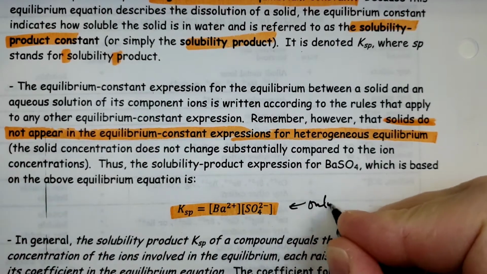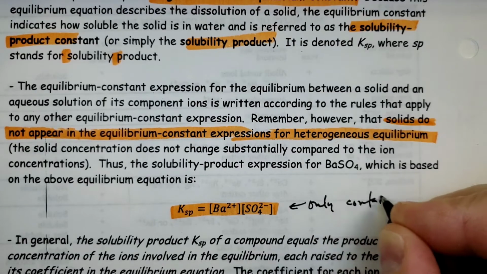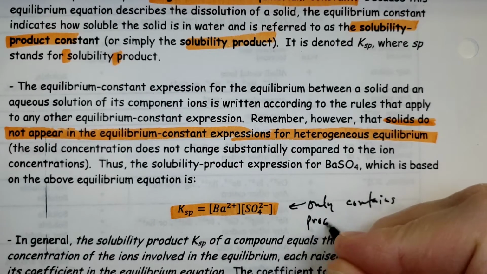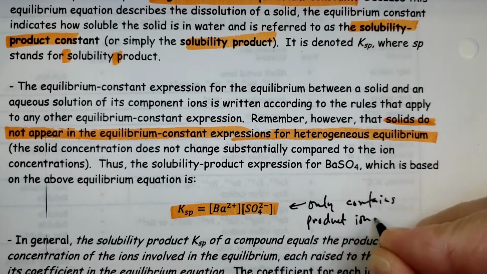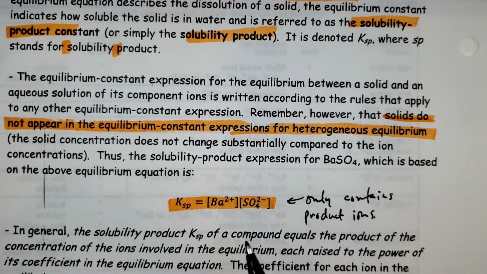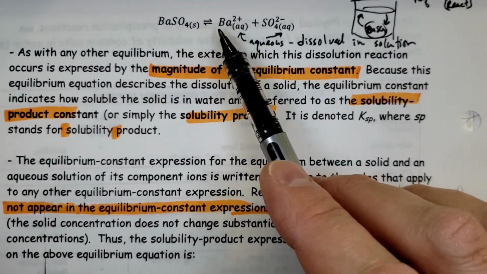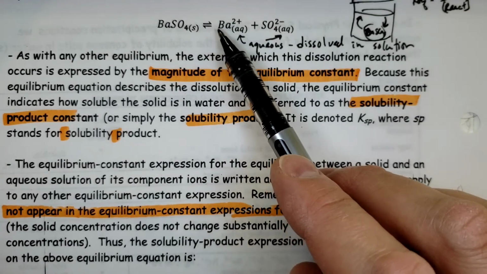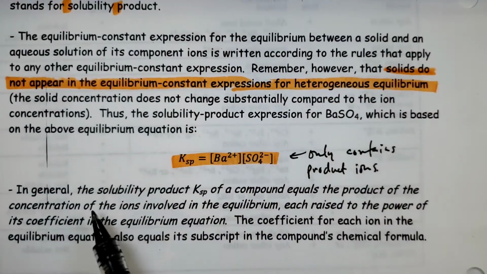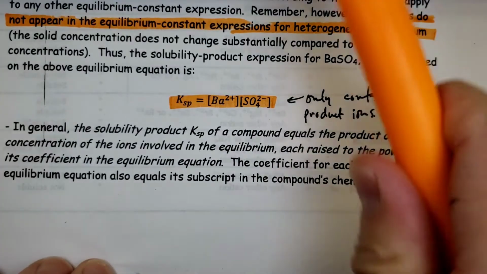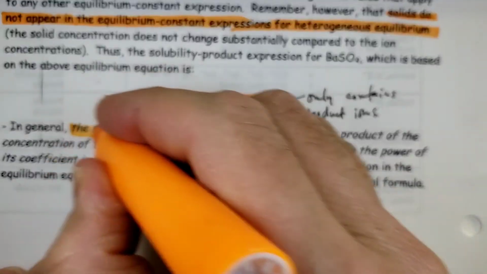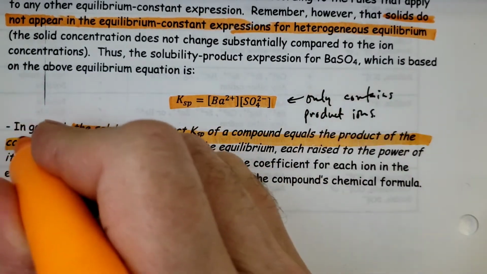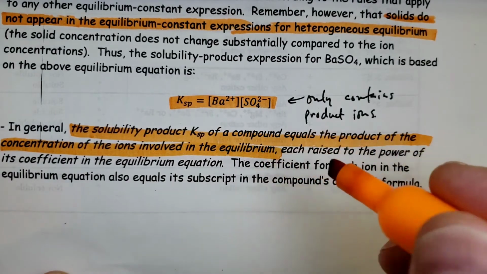So it only contains product ions. So it's relatively easy. And of course, if there's an exponent, if there's a numerical coefficient in front, that becomes an exponent. So in general, the solubility product, KSP for a compound, is the product of the concentration of ions